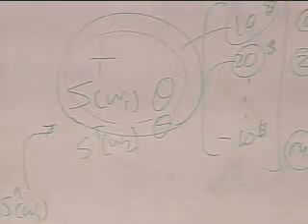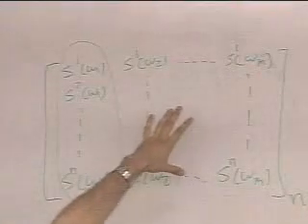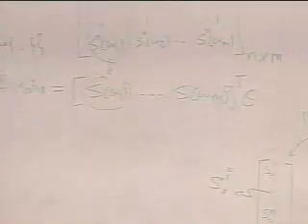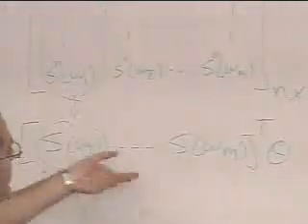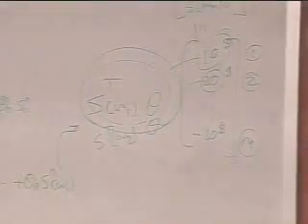Then we said that, okay, let's make it nicer, and we put all the prices that are possible in the next period side by side, and write it in a more compact notation. This, we call this matrix S1, is all the possible payoffs that might happen. So by looking at this matrix, you can say if it is cloudy, what will be the price of orange? If it's rainy, what's the price of apple? This matrix would give you that. Then we saw that if you just transpose it and multiply it by theta, it will give you this number. This is just nothing more than an observation. So we call S1 transpose theta the payoff vector.